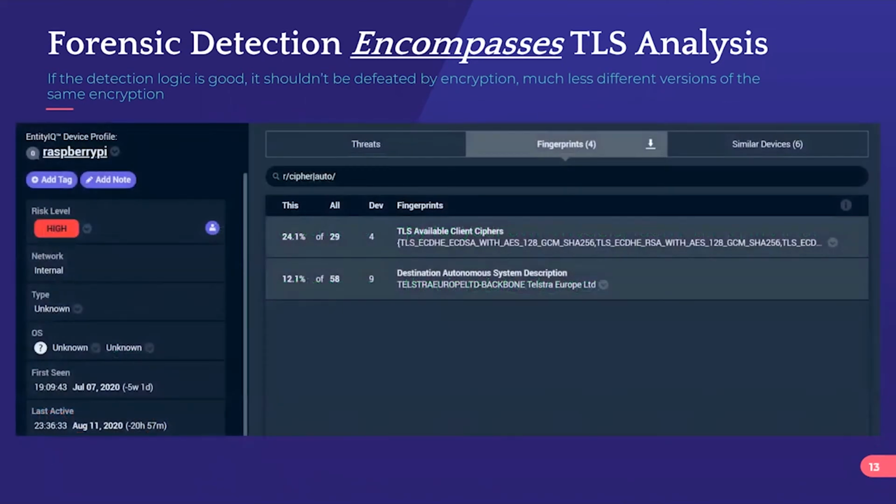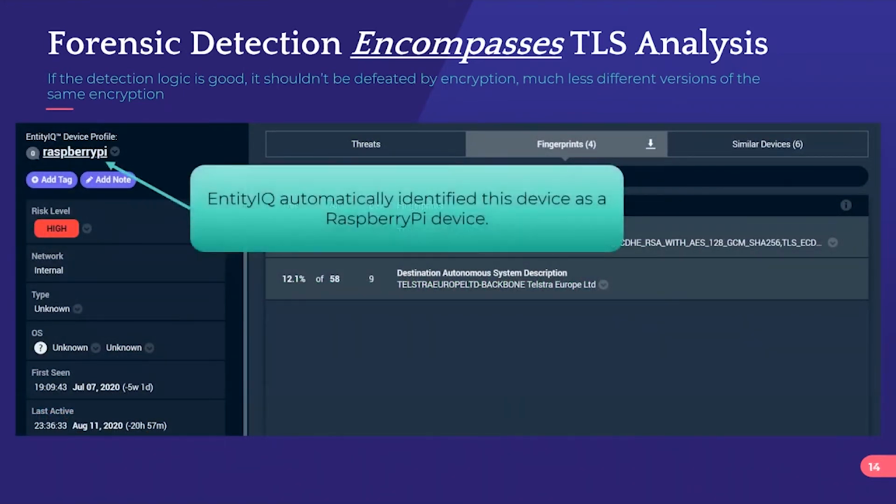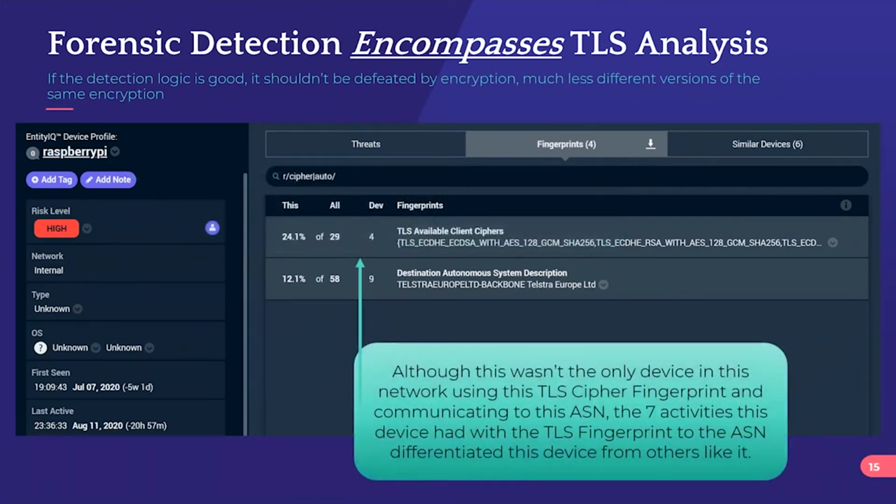So what kind of things does this find? This is actually a real example. What we have here is a screenshot of the NADIQ page, which is the summary level information that we have about devices as we track them over time. This device, obviously Raspberry Pi. I didn't name it. No one came in here and named this Raspberry Pi. The system automatically derived that by watching this device over time. And we can see over there on the far left-hand side, it's been tracking this device for 5 weeks now, or at least 5 weeks at the time this screenshot was taken.